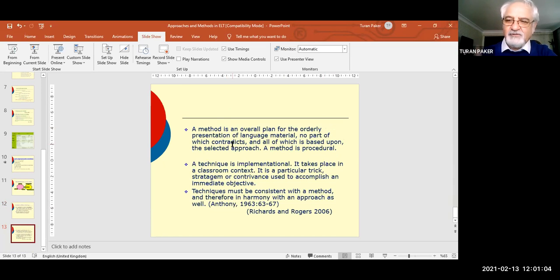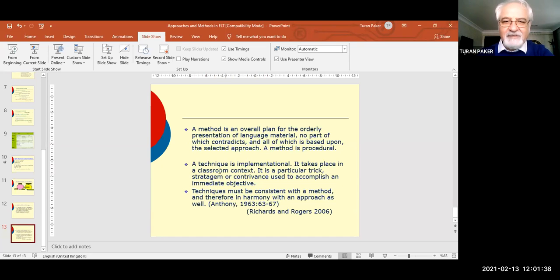I mean, the stimulus, and the student will be the agent, and they will get the input and produce, and we expect them to produce accurately with right pronunciation, right pitch, right intonation, right vocabulary, etc. Then your expectation and your activities are like this, and you have a lot of drills. But if you say, my method is communicative language teaching, then you try to create more communicative tasks and activities in the classroom and outside the classroom as well. So it's in line with this.